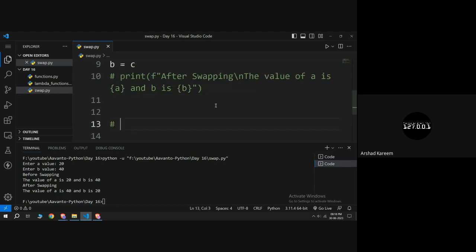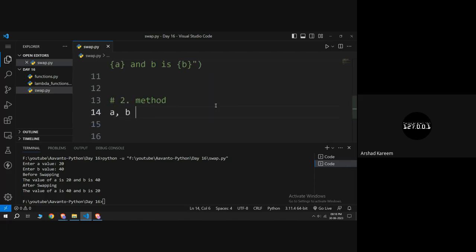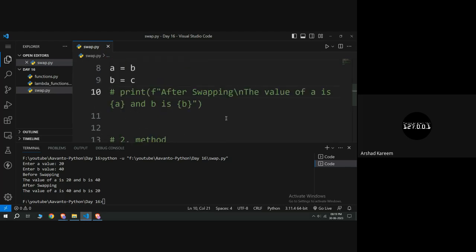So the second method is, this is easy actually. I can simply say a comma b equal to b comma a. That's it. So here inside a I am storing the value of b, and inside b I am storing the value of a. That's it. So if I use the print statement again,